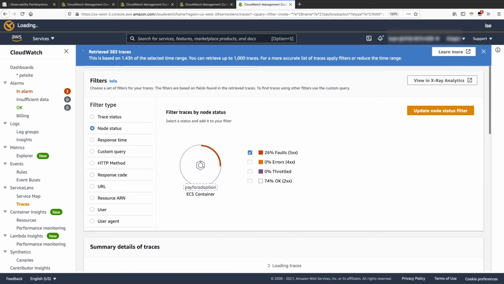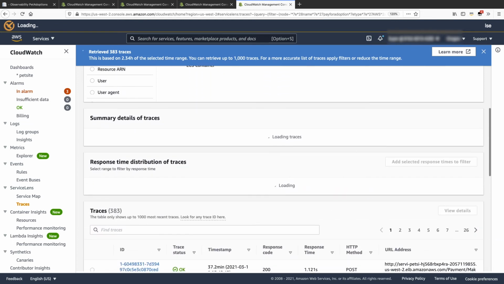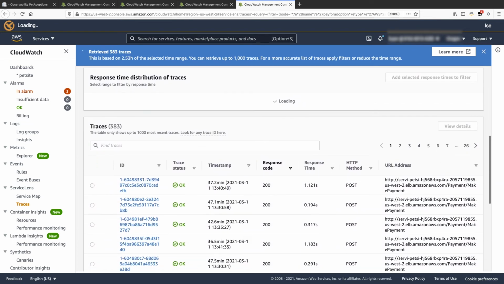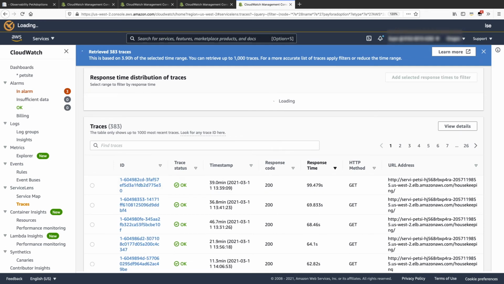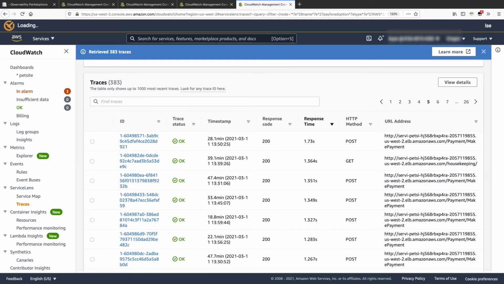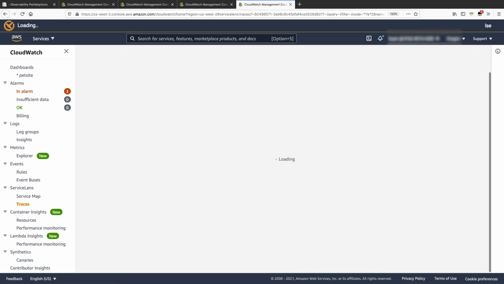We can filter the traces which have faults. So they list all the traces we captured. There are many of them, and they are doing different kinds of things. Let's find the one which is related to the pay for adoption transaction. We pick one, and then it will direct us to the next page.